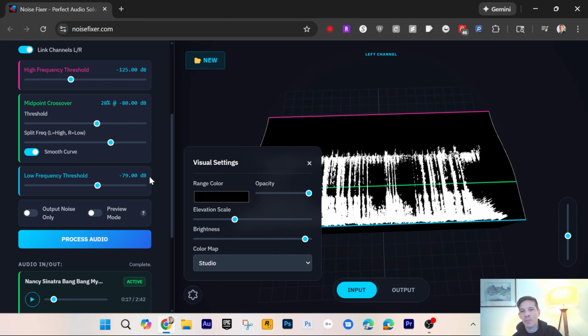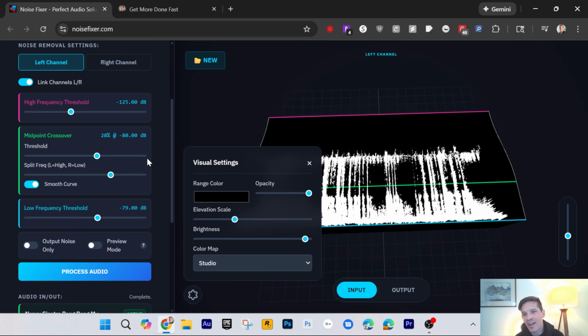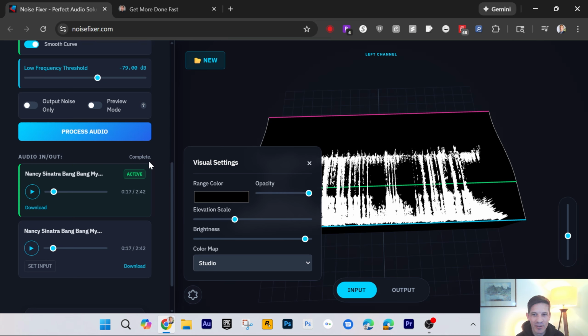So anyway, play around with this and have fun and test it out, and you're not going to hurt anything. It doesn't change the original audio that you upload. It'll only output a new version, and you can download it once you're done. Yeah, play around with it and test it out. See what your results are,